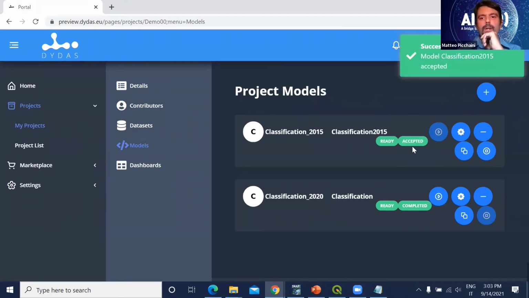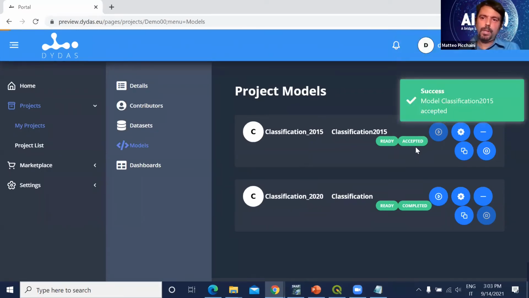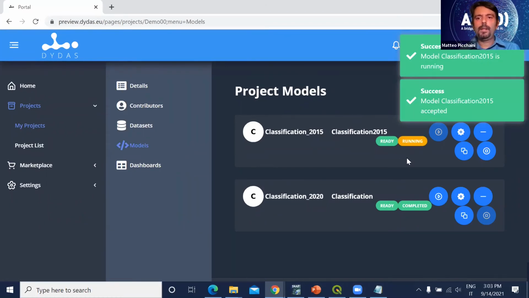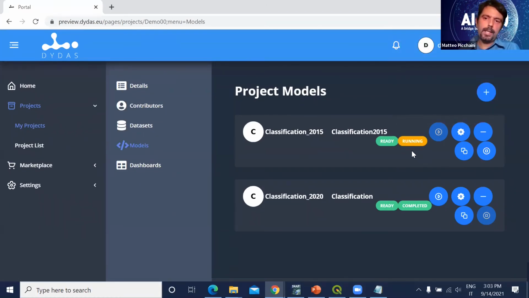And then once all the checks were successfully completed, the status passes to accepted and then to running, and with this running message, the system indicates that your model is effectively running by exploiting the HPC facilities of the DYDAS. Okay,